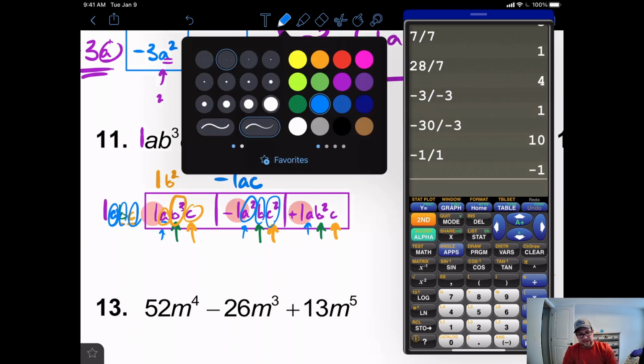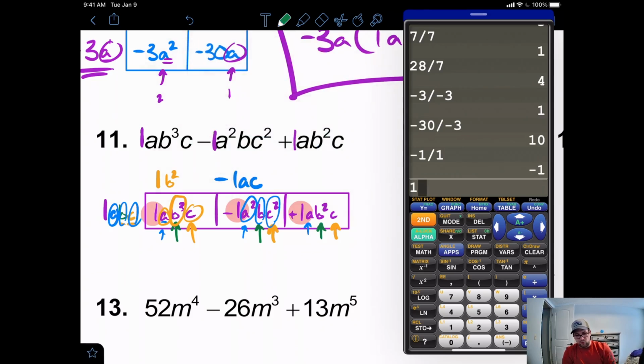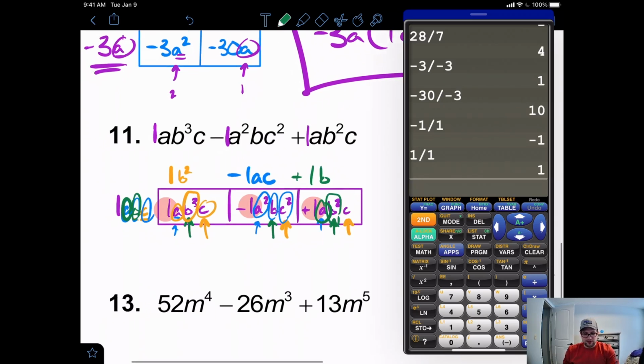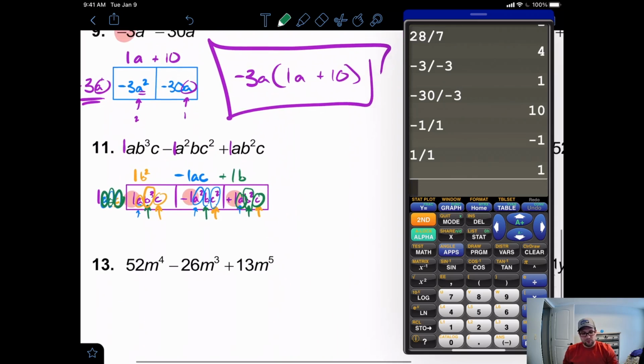Great, let's go to the last one. So if I take 1 divided by 1, again we get a 1, and it's positive, so I'm going to be able to say plus 1. Now in this one, we started with 1a, and we pulled out an a, so we don't have any a's left. We started with 2 b's, we only pulled out 1, so we do have an extra b. And we started with 1c, and we pulled out 1c, so we don't have any other c's, which means my final answer will be 1